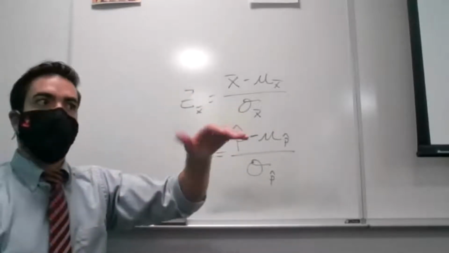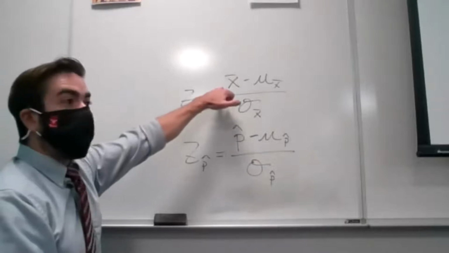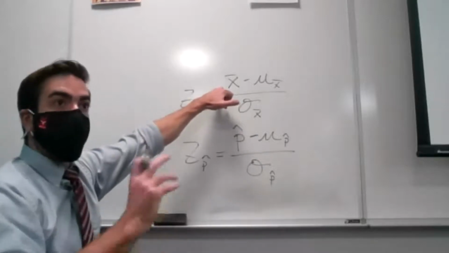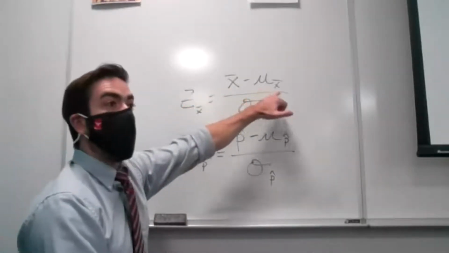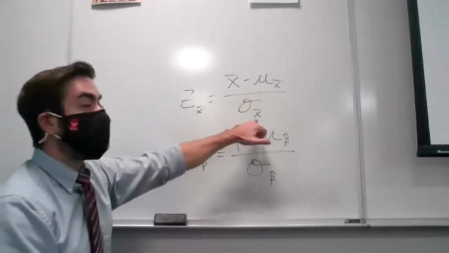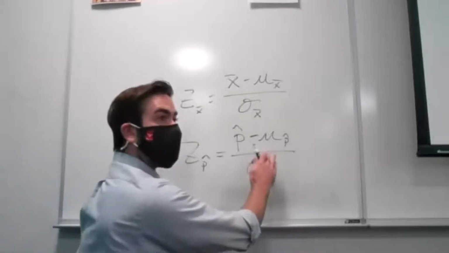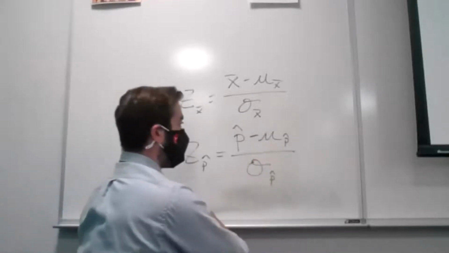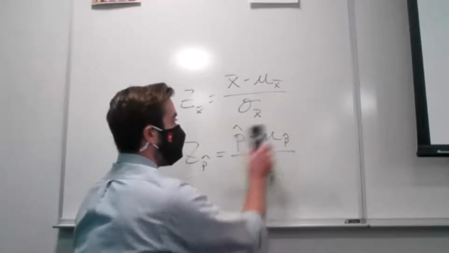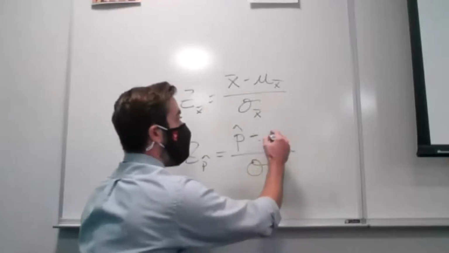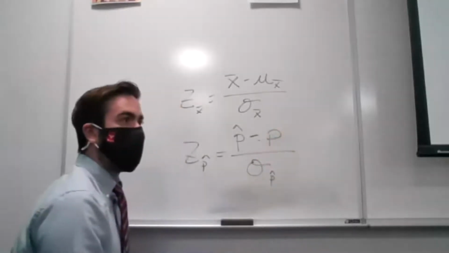Anytime we want to find a z-score, we look at whatever statistic we're interested in. We'll have different cutoff values for that. We'll subtract the mean of that sample statistic and divide by the standard deviation of that sample statistic. Well, here we know the mean of our sample proportions. Once we go back to the slides, kind of have a reminder. Well, that was just going to be whatever the population proportion was.